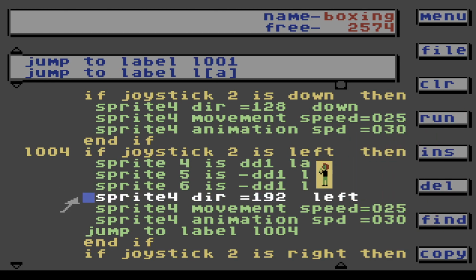Sprite 4 direction will be left, Sprite 4 movement 25, animation be 30. Jump to 1004. That will keep it from jerking. It'll keep it in a loop again. And if